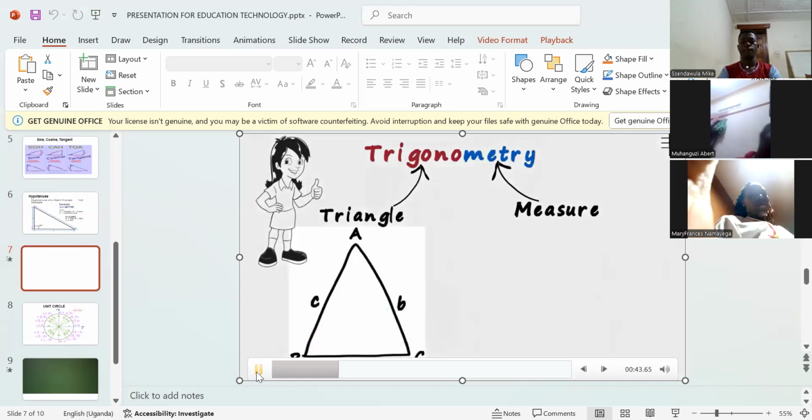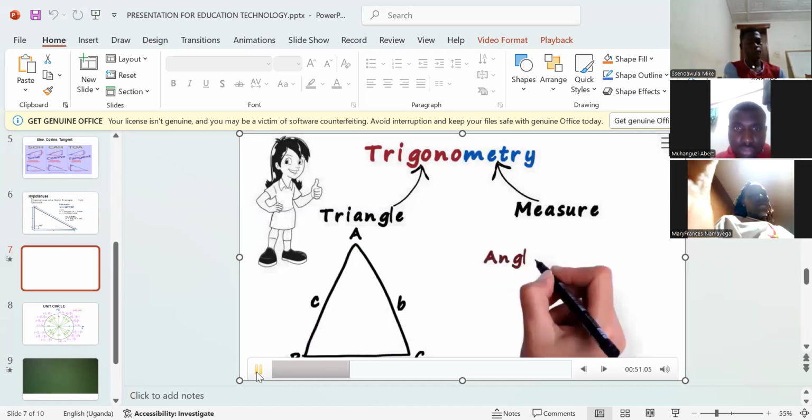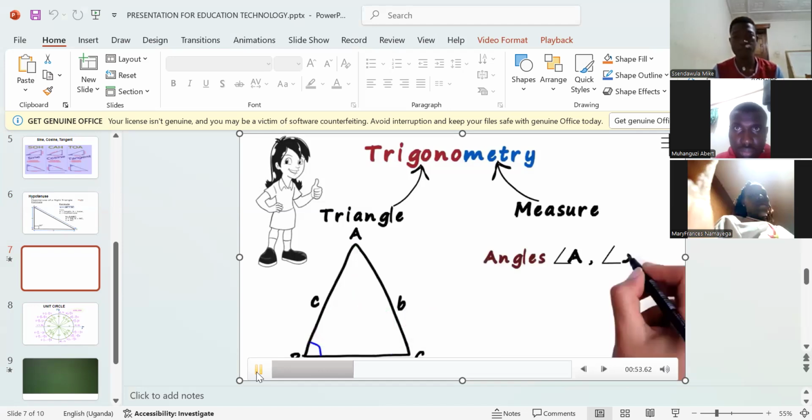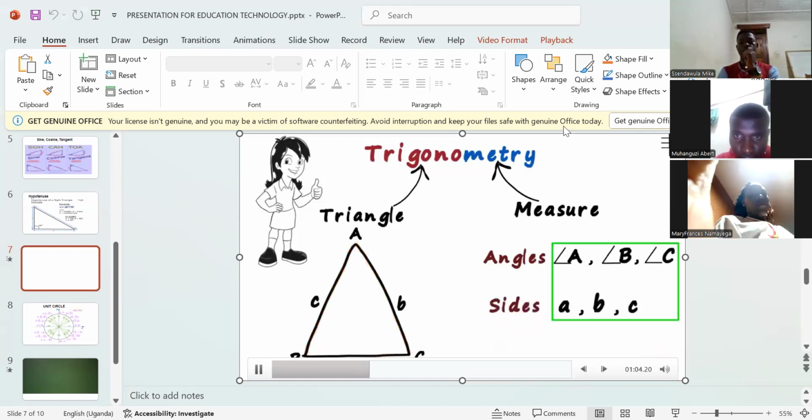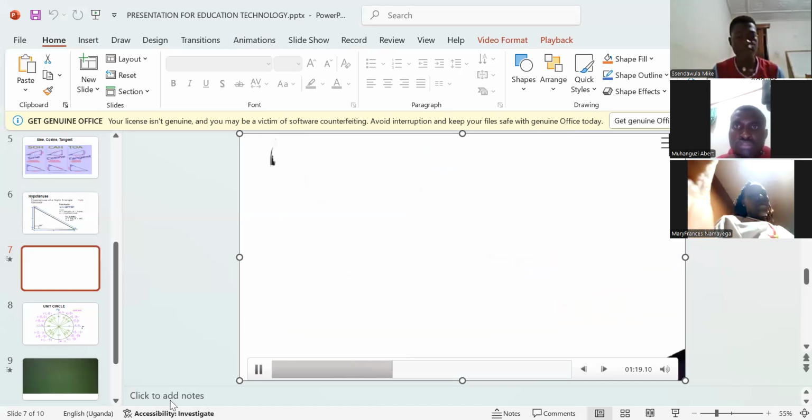Take a close look at the triangle. What all can we measure in this triangle? We can measure the angles, angle A, angle B and angle C, or find the lengths of the sides, which in this case are A, B and C. These are the only 6 things we deal with in trigonometry. 3 sides and 3 angles. Out of these 6, we are given a few, and using trigonometry, we need to find the rest. It cannot be difficult. Actually, it gets a bit simpler as trigonometry generally